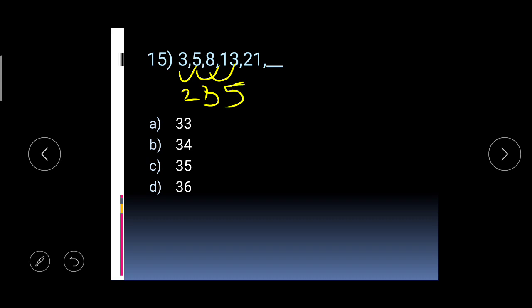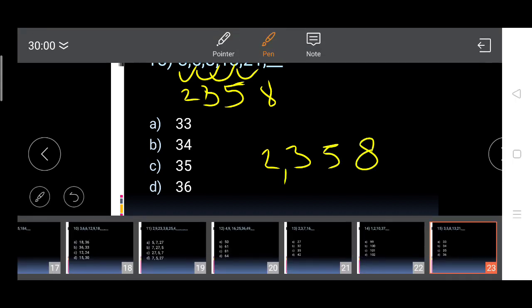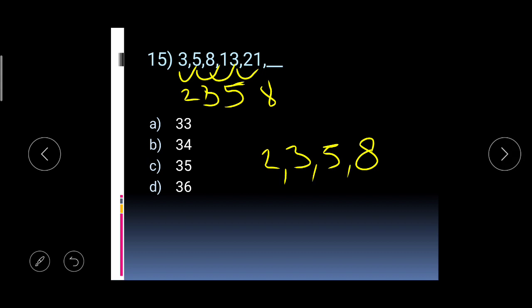Oh, the story got changed. Next difference is 8 again. 2, 3, 5, 8. What kind of pattern is it, right? I'll just write down the differences. I have no idea what kind of pattern it is. Okay, this is 2, 3, 5, 8. If I can get the next difference, I can add it with 21 and I'm sorted, right? Okay, so if I have no idea, I'll again start taking the difference.